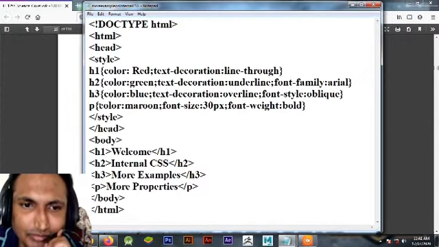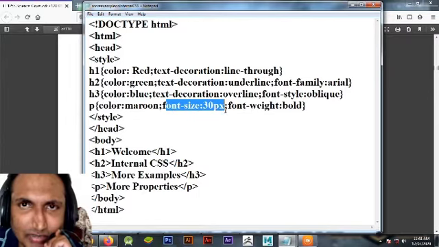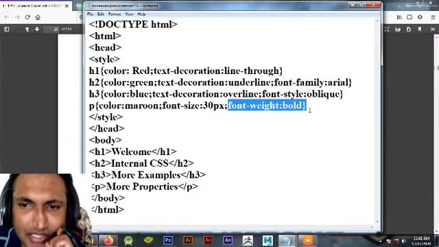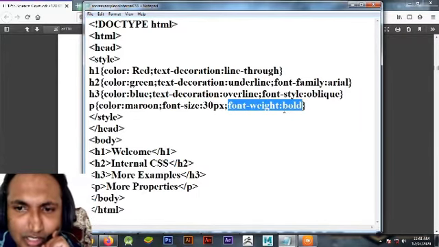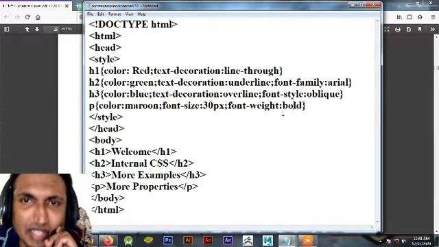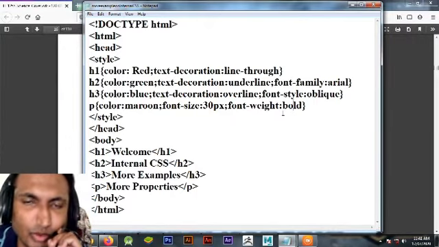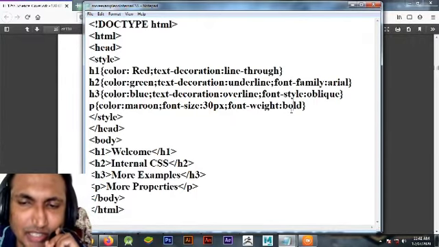For the p tag I have taken the color maroon. Its font size will be 30 pixels and font weight is bold. This font size we can also give in pixels. How many pixels you want in the program, you can specify here.